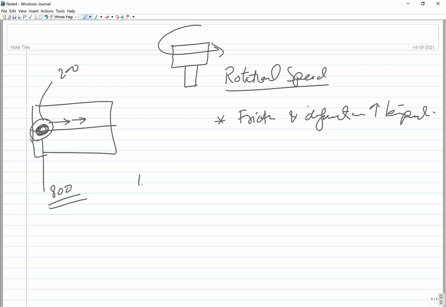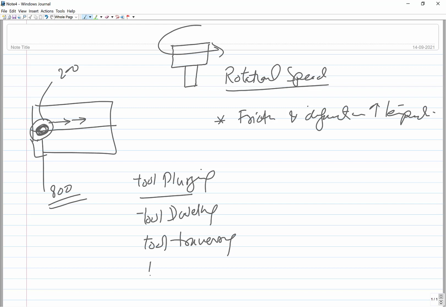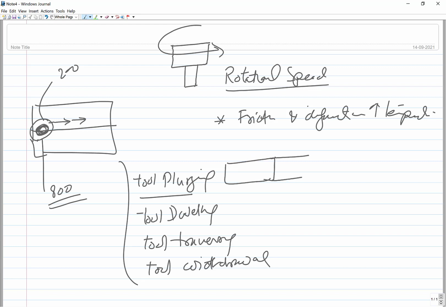The first is the tool plunging, then tool dwelling at a particular location, and then tool traversing, and you can say the tool withdrawal from the workpiece. So regarding the plunging, I have already said, between the workpiece you have to plunge the tool